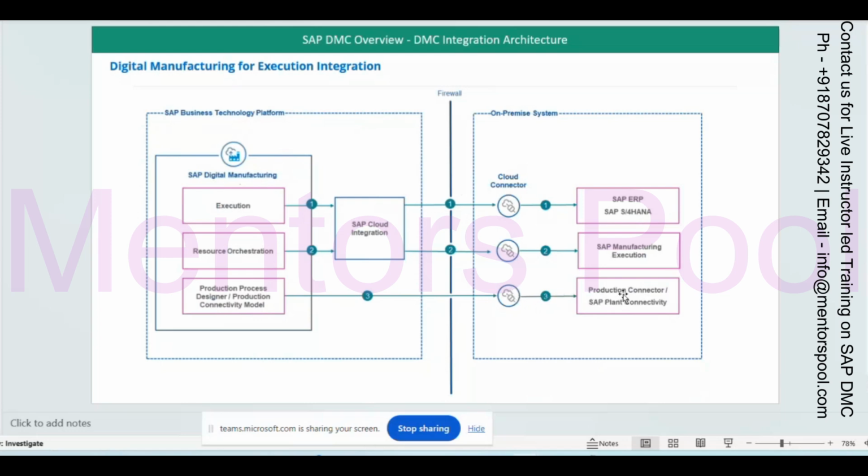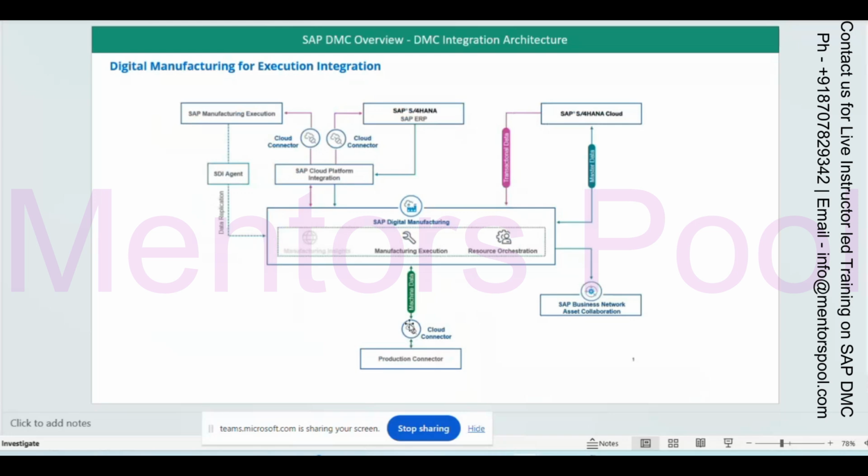Directly, you are exposing your system to the cloud through the cloud connector, and then it will be accessible to the DMC. The same thing was here, connecting the production connector; there was no CPI in between. But connecting to S/4HANA there is a CPI, and connecting to the manufacturing on-premise system there is a CPI.